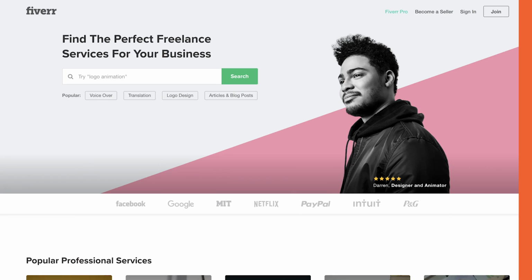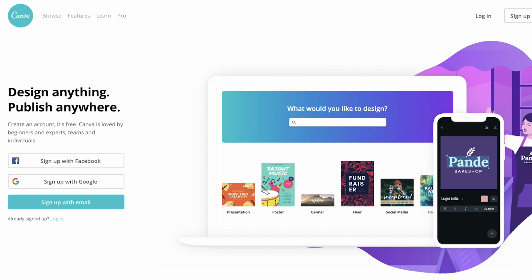People are less likely to copy you. And then you integrate some fancy designs through Fiverr, pay someone a few bucks to make some animated GIFs or designs, visualize things, or if you don't even want to do it, you can use free tools like Canva. So now you've got your amazing content.